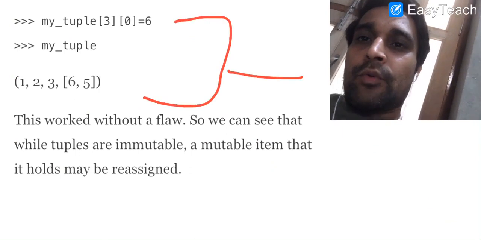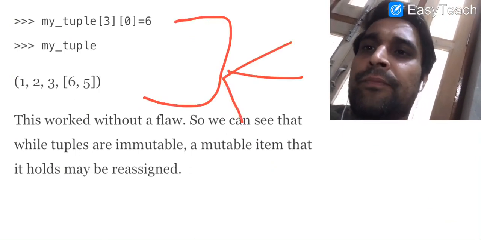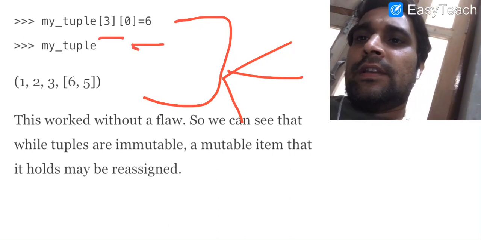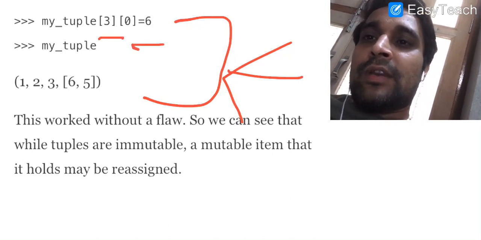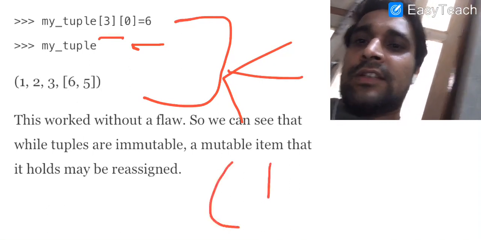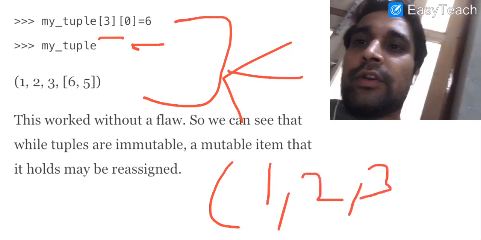Now it is the important part that I want to discuss with you. We have written the statement my underscore tuple 3, then again we are using a subscript with index 0 is equal to 6. What we want to do, actually we have a list with elements 4 and 5 in the tuple 1, 2, 3.